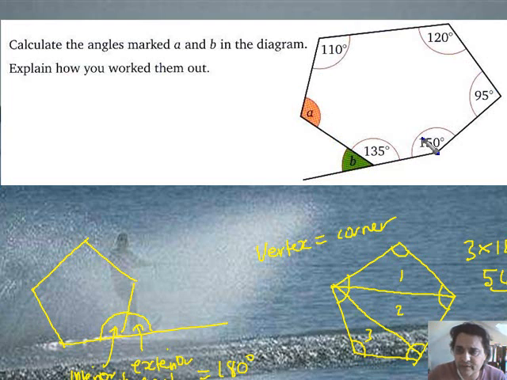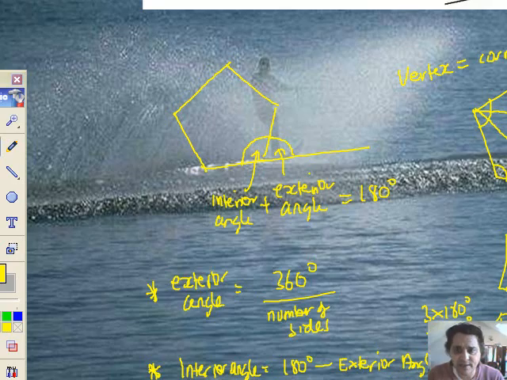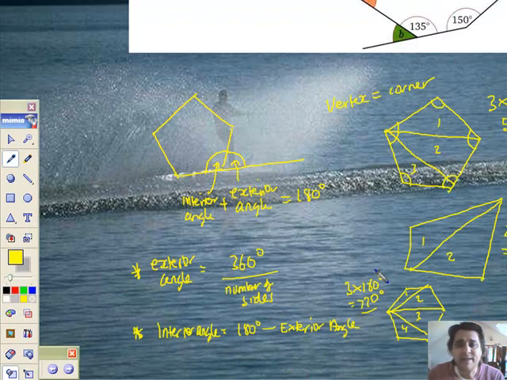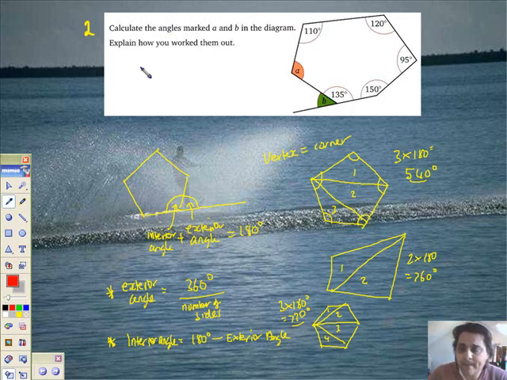1, 2, 3, 4, 5, 6. Okay then, I've got 6 sides, I've got a hexagon. I've worked out the hexagon's interior angles add up to 720. I'm not just going to write down 720, I'm going to treat it like an exam question and do this. I'm going to say first of all